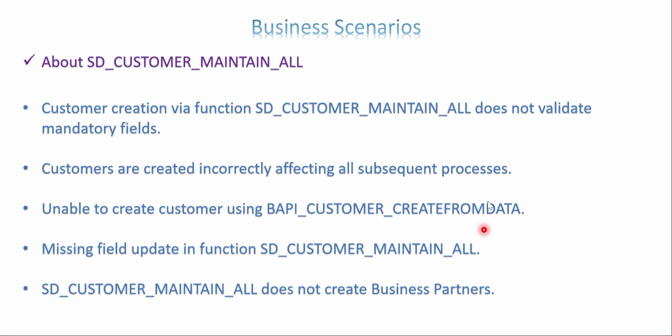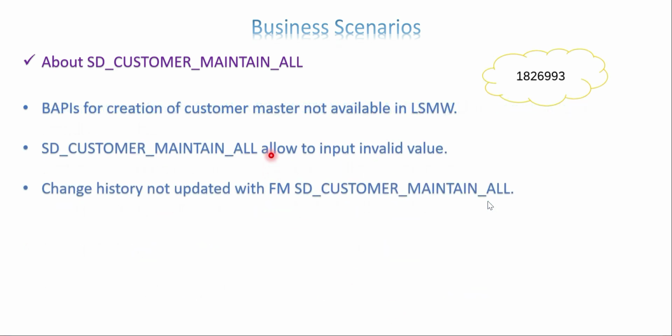There may be a missing field update in function modules like SD customer maintain all, and it does not create the business partners. BAPIs for creating a customer are not available in LSMW; they might search in LSMW, but this BAPI is not visible there. It also allows invalid values to be input, as there is no basic validation in the function module, and change history is not updated. These are the issues you may encounter once you use the function module, but if you are already using it and not getting any issues with your client and customer,